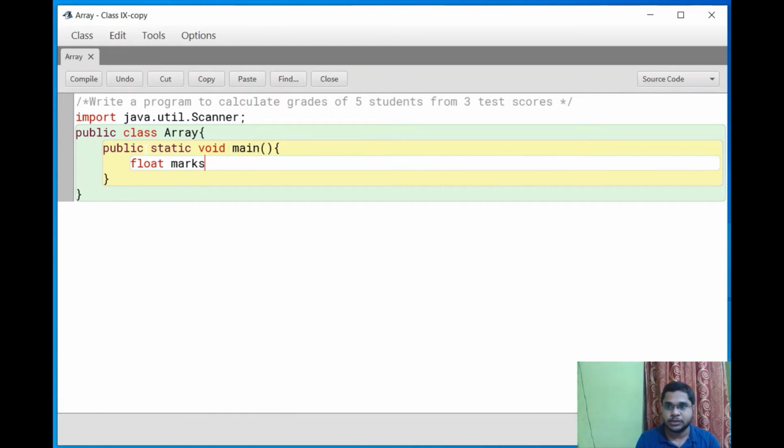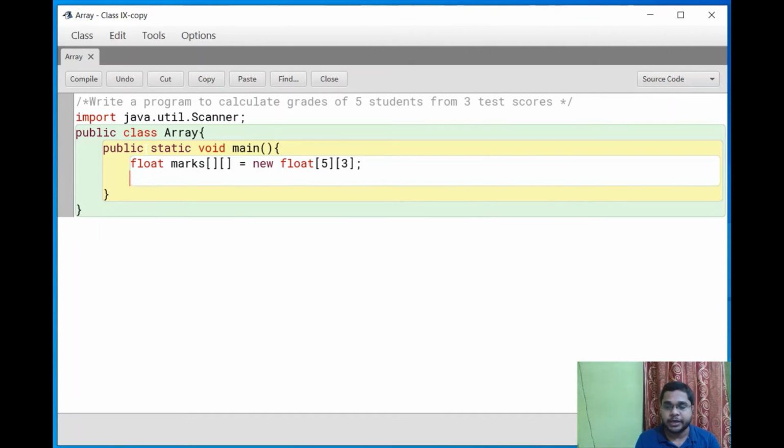Two-dimensional, so the square brackets open and close two times, equals new float, then the number of students is 5, so the number of rows is 5, and the number of subjects, or test scores, is 3. Means columns represent the subjects and rows represent the students: student 1, 2, 3, 4, like this.